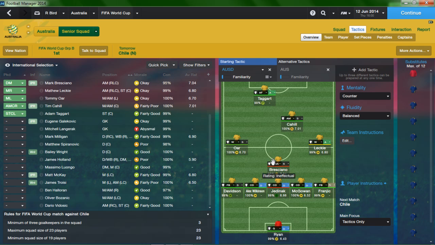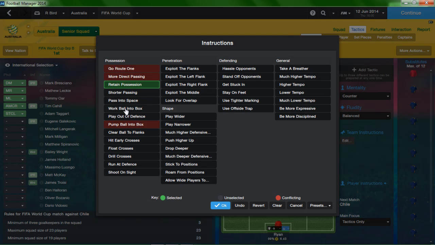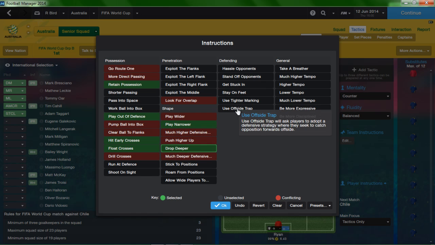The four, pretty much a 5-3-2, or else you could call it a 5-4-1, regardless. See over here, play out of the defense, early crosses. This one's going to be narrow. I'm actually also going to drop this one to be drop deeper as well. Starting marking, exploit the flanks.